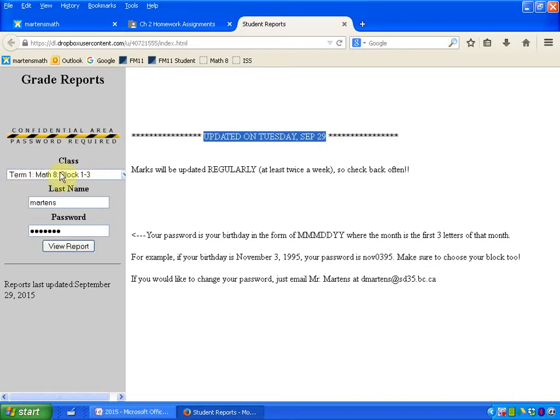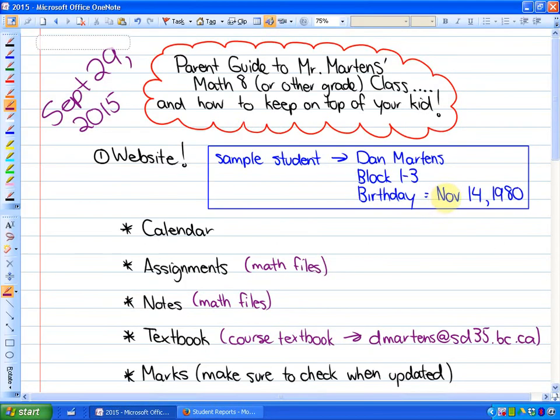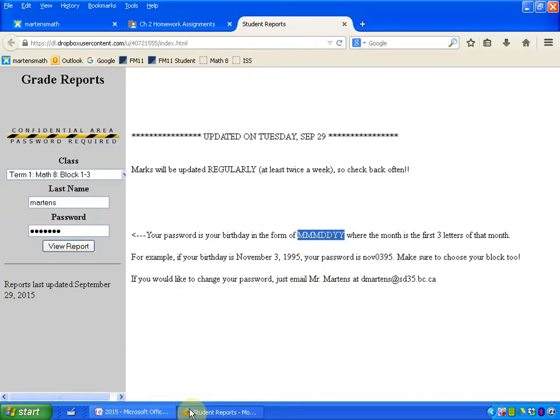And I have chosen, again, my sample student is in block 1-3. Okay, your child might be in a different block. I put in their last name. It's Martens. Your child has a different last name, obviously, and it tells you the form of the password here. So since my sample student had a birthday of November 14th, 1980, the password that I'm using is NOV1480. That's the password that I used for this student because, again, it's in the form of month, month, month,